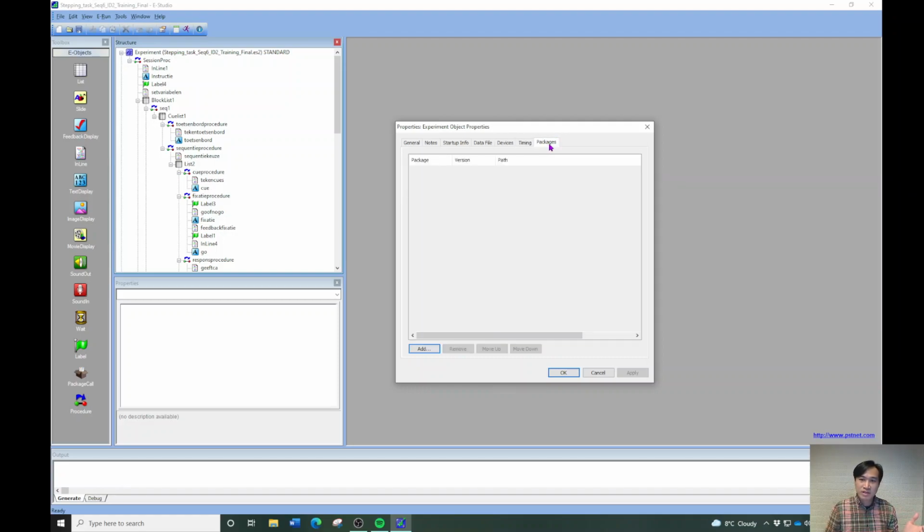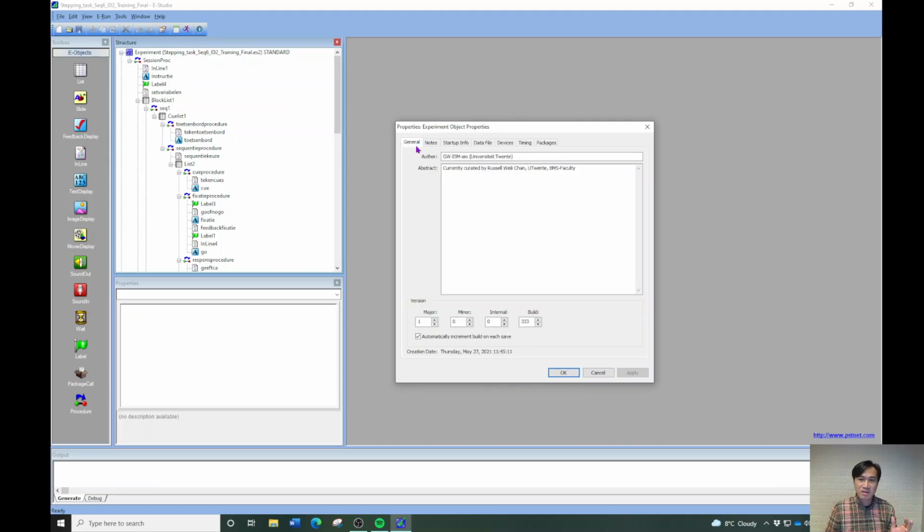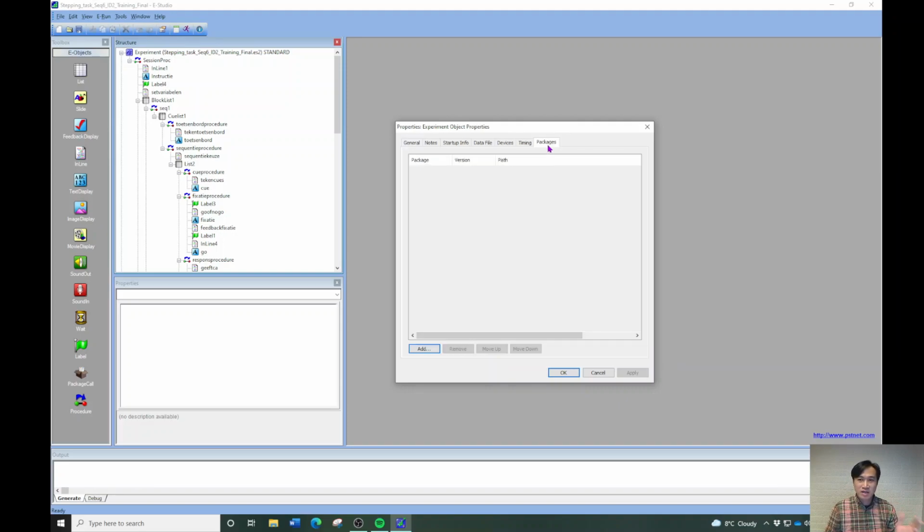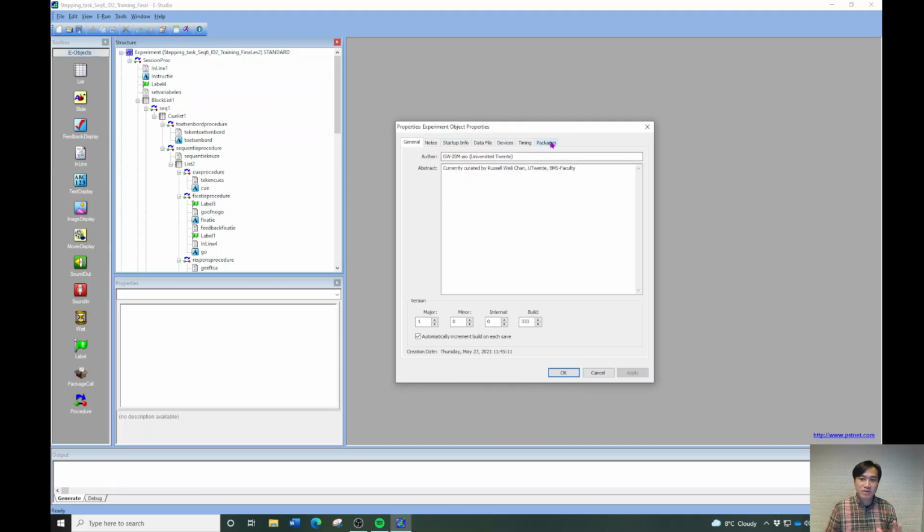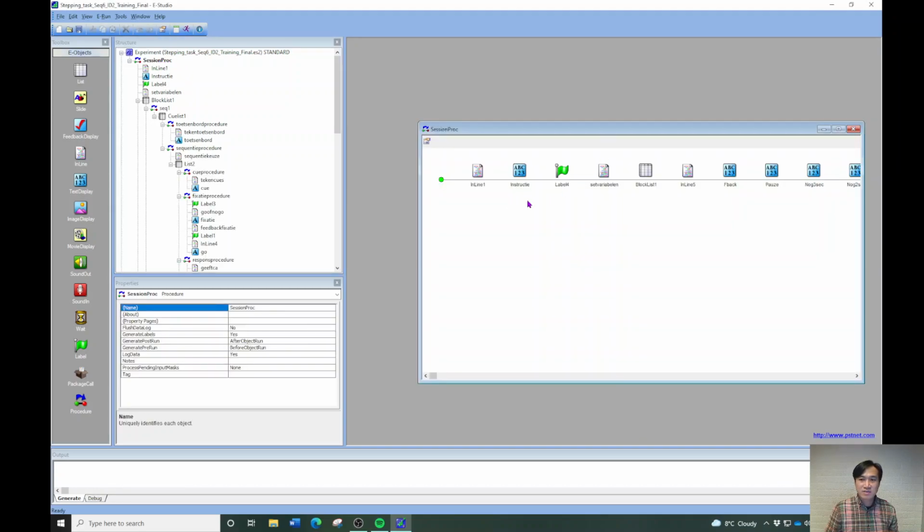Timing, not really needed. Some other packages that may be needed. E-Prime 3 would deal with these a lot more in reality, right? So once this is done, we click OK. In the session proc itself, it tells you what happens. This is something like